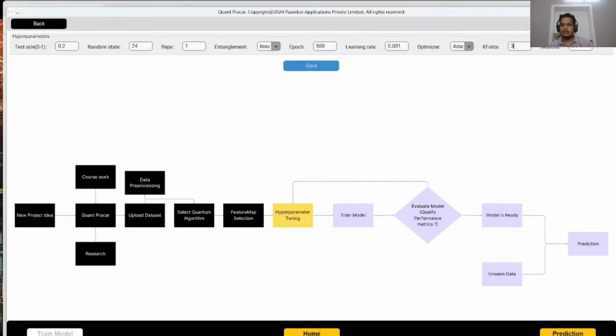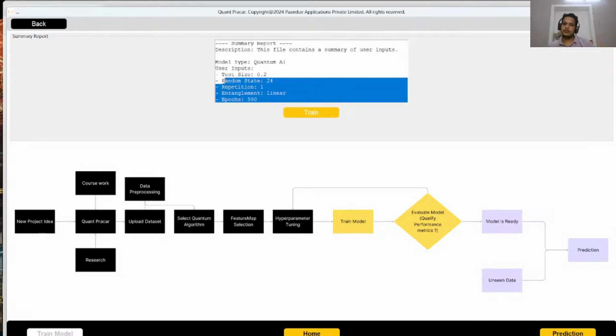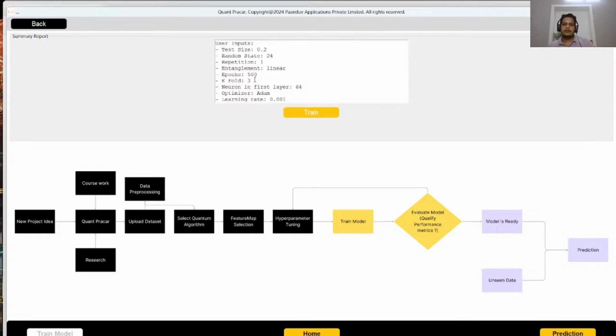Next is the optimizer. Adam is best so far, so I'm going with that only. And then the number of neurons in the first layer. All this data, I have to save. Then only I can go to the summary report. What the summary report showcases is all the material and all the parameters that you have selected. Here it's showing you a crisp short summary of that. So just for a last check, if you think anything is wrong, you can go back and change it again. Once you're done with this, you can simply press the train button